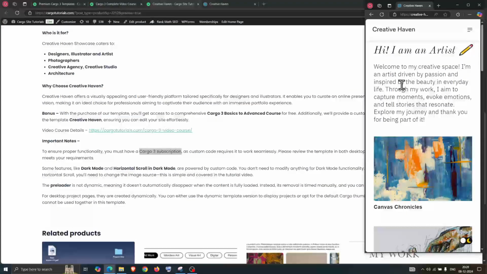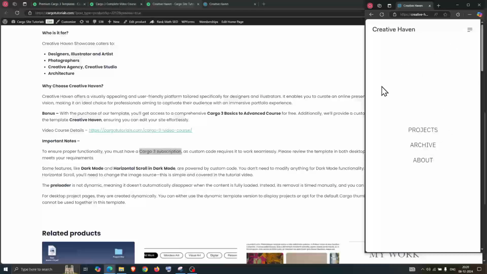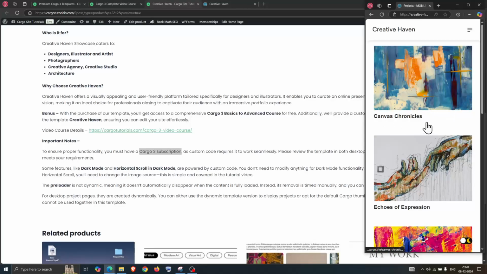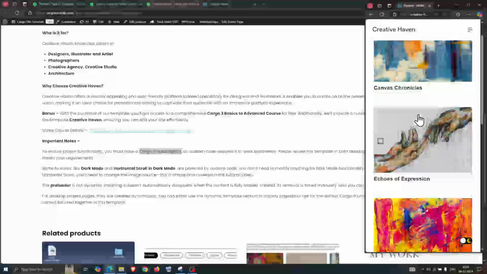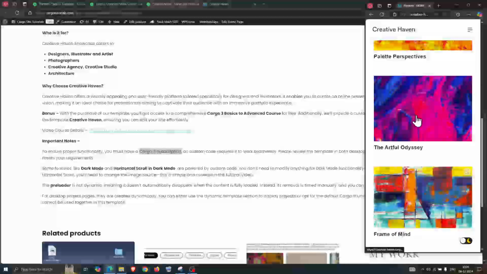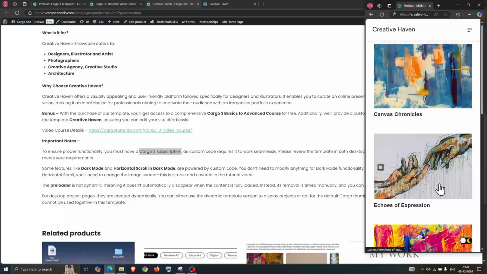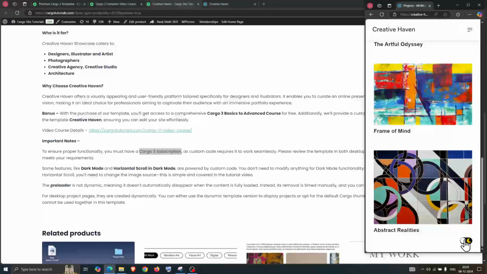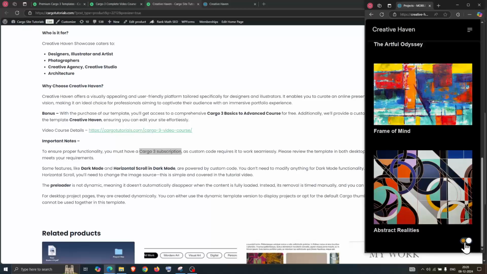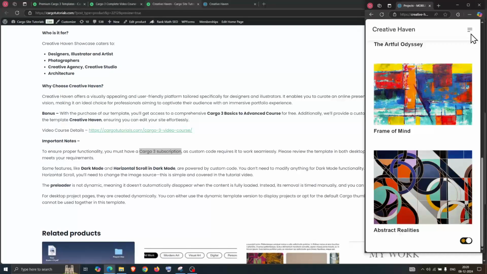For the mobile version, I have created this header, and on clicking on this, it is going to show all these things. On clicking project, it has opened the project section. You can see this one is also created using the default Cargo gallery, and the dark mode version is working.